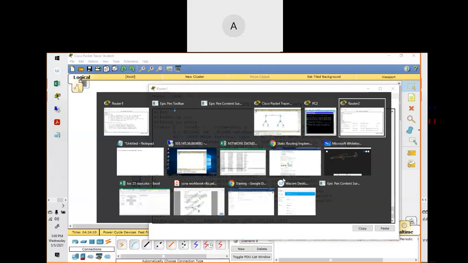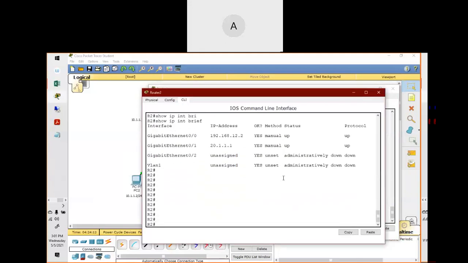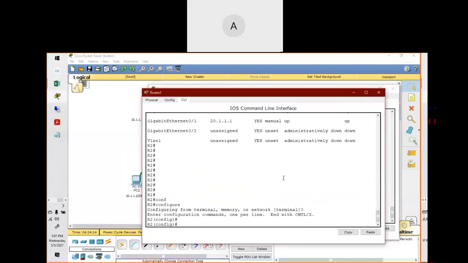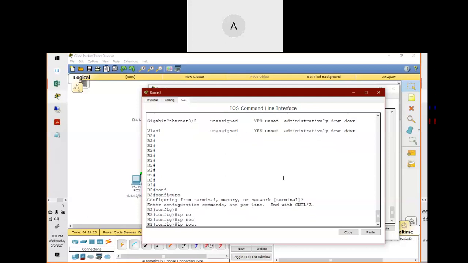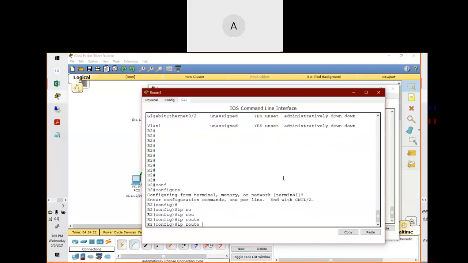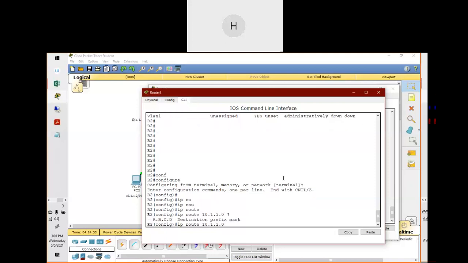Let's start with router 2, right? Now, how do we do that? Configure terminal. The command is ip route. I'm on router 2, guys. Just remember it. Now, what's the destination? 10.1.1.0, 255.255.255.0.